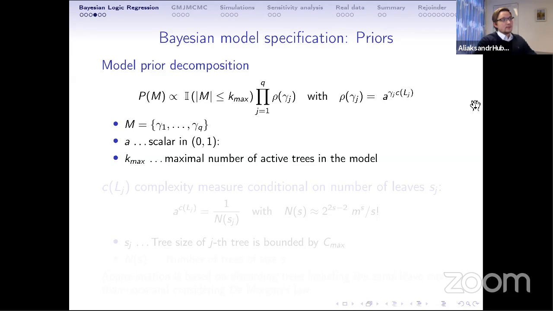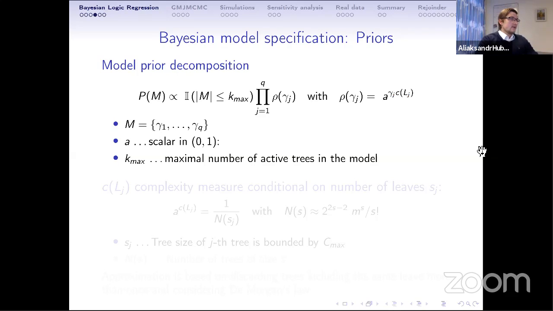Also consider A to be some scalar from 0 to 1, and K max to be another scalar, which is defining a maximal number of active trees in the model. Then the prior for the models looks as follows. So here we are first introducing some constraint, which is not allowing having more than K max trees in the model. Additionally, we have this product of rho of gamma j, where rho of gamma j is of the form A to the gamma j times C of Lj, where C of Lj is some non-decreasing measure of complexity of logical